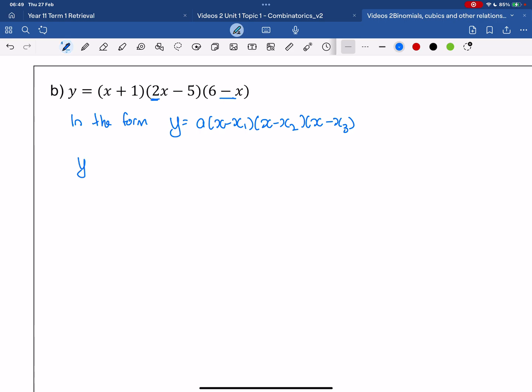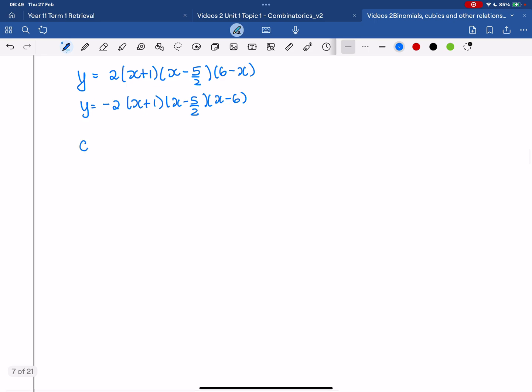Now, if I take my 2 out, what I'll have is x plus 1, and then I need to take the 2 out of that bracket, so it becomes x minus 5 over 2 and 6 minus x. So I've managed to fix that one. To fix the 6 minus x, I need to take out a negative, so negative 2, x plus 1, x minus 5 on 2, and then the signs can swap with that. All right, now I've got it in the correct form, and I can say, well, a is negative,